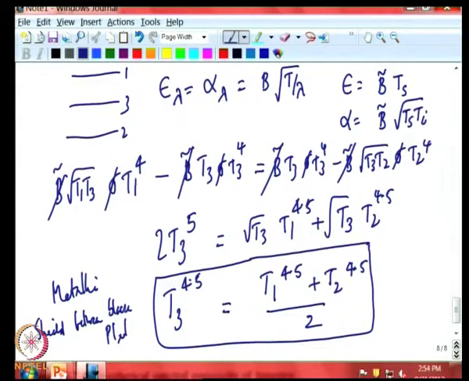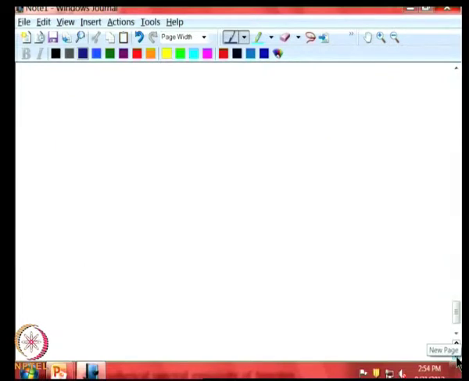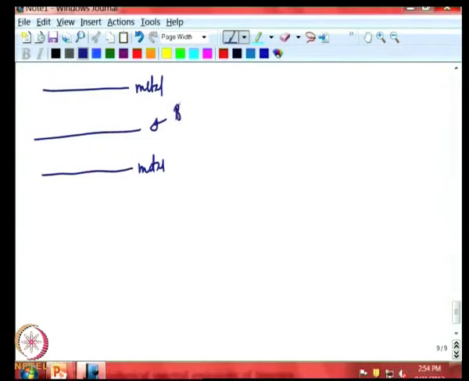Okay, to ensure that our understanding of the problem has been quite good, we will look at one more example, which is the counterpart of this. Now, suppose you have two metal plates and a black shield. So, you have two metal plates and a black shield.